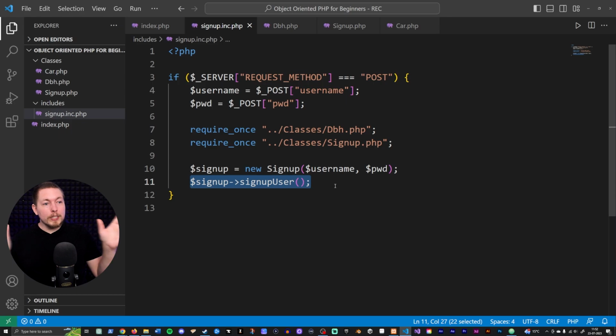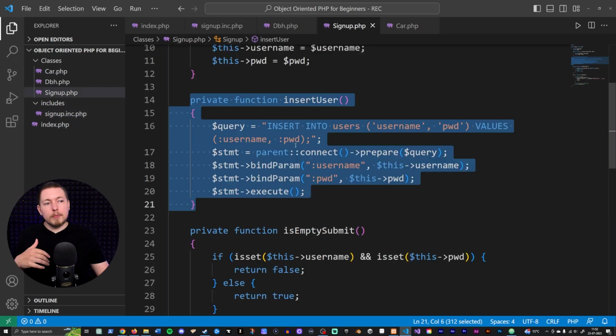Okay, so with this little crash course, I guess, in object-oriented PHP, I hope you enjoyed this lesson and had a better understanding of how this works. Again, this is like the introduction to object-oriented programming. We haven't talked about design patterns like the MVC model, but let's not get into design patterns now. Just know there's something called design patterns, and a very popular one is something called an MVC pattern, which is the one that I prefer to use in my tutorials here. So I hope this made sense, and I hope this gave you not just an idea about how to create object-oriented PHP, but also how to use it